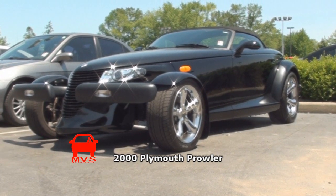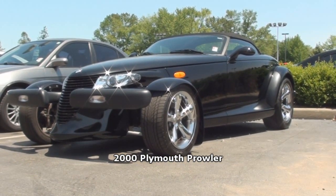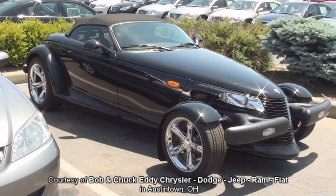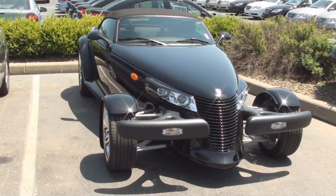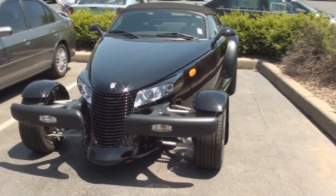Today's MVS shines on this 2000 Plymouth Prowler. The Plymouth Prowler was introduced for the 1997 model year as a retro-styled sports car. It stayed in production up until the 2002 model year. When the Plymouth name was discontinued for 2002, it was simply renamed the Chrysler Prowler for its last year of